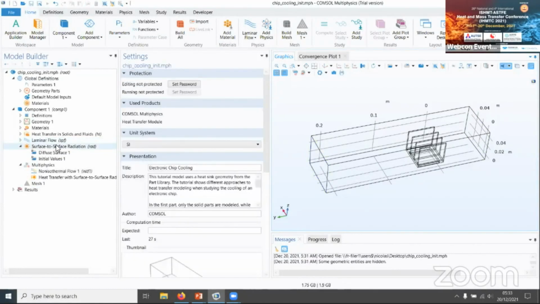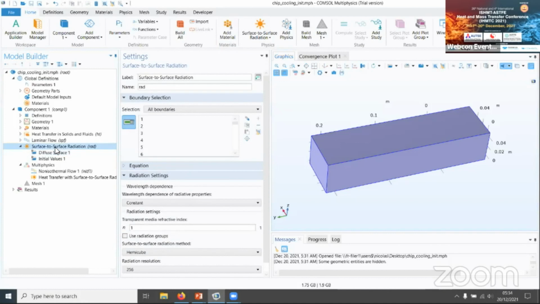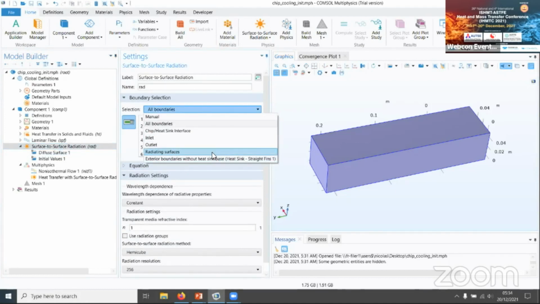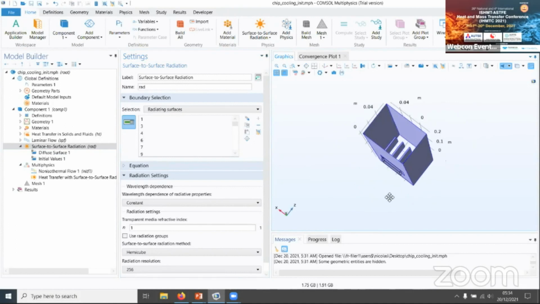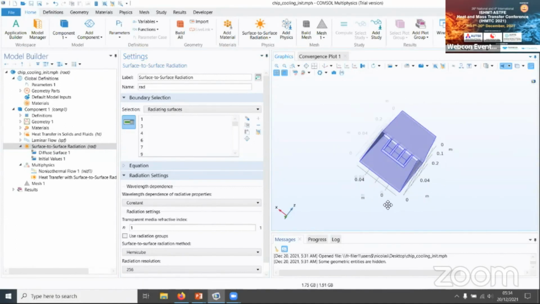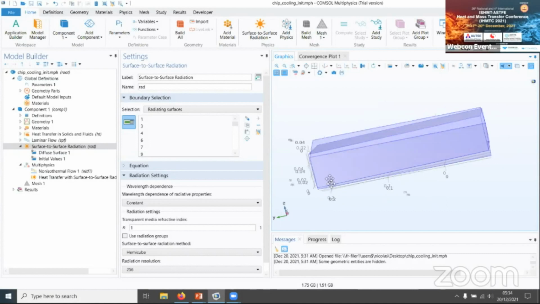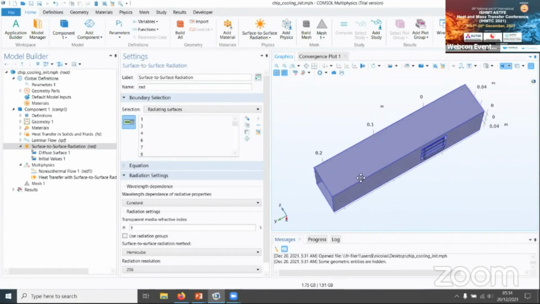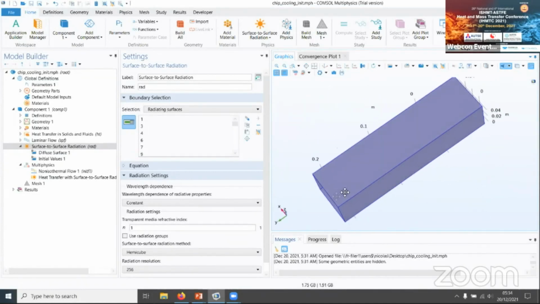And for surface-to-surface radiation, I'm going to do something very, very plain again. So here as well, the material property has been already defined, the material node. I will say that I have different surfaces everywhere, but on the inlet and outlet. So for this, I have a selection of boundaries where all the boundaries that are radiating are selected, but the inlet, outlet, and also the one below are not selected.